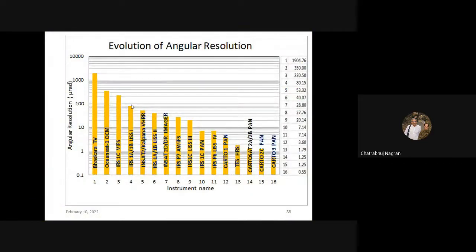But here you can see how resolutions have improved. I have shown you earlier. This is a snapshot picture. We started with a resolution of about 1900 microradian, and we have reached in Cartosat 3 a resolution of 0.55. In so many years it was working. These are the types of resolution. You can see about 3,800 times better resolution satellites. We started in 79, 70, and by 2020-21 we have improved our resolution by a factor of about 4,000, and